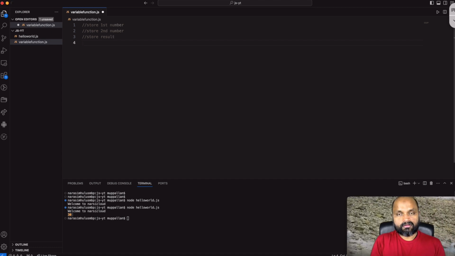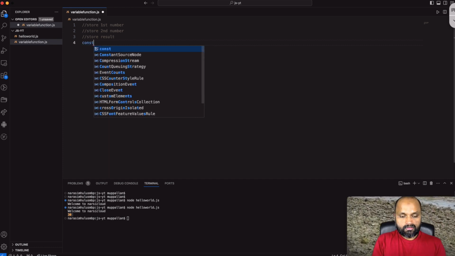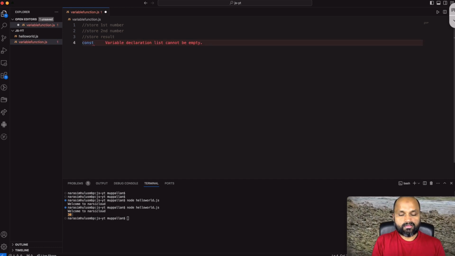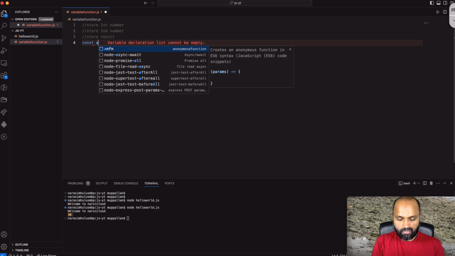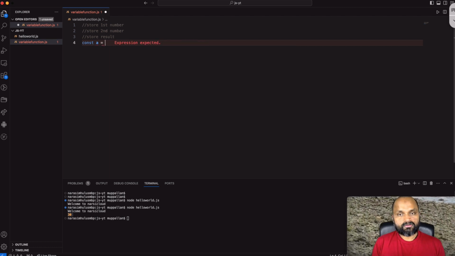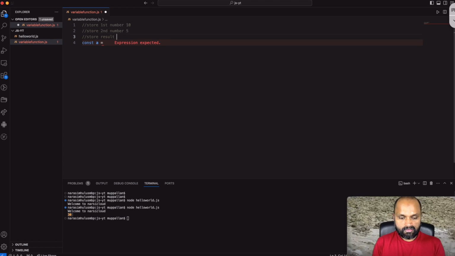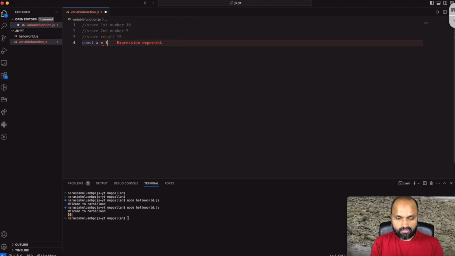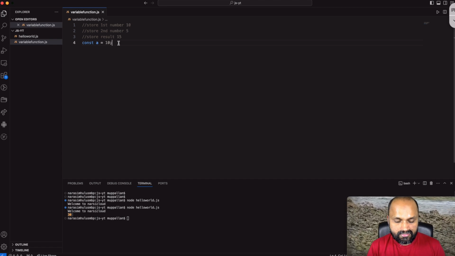So here the syntax to define a variable is, you define const, and then you give the name of the variable. So in this case, a, right? And what is our example there? Here we took 10, 5, and then result is 15, in our mind. Now we need to store 10, so we store 10. What really happens here is,